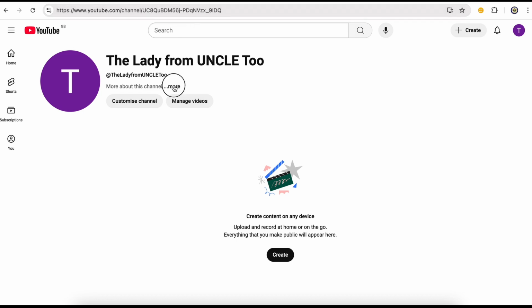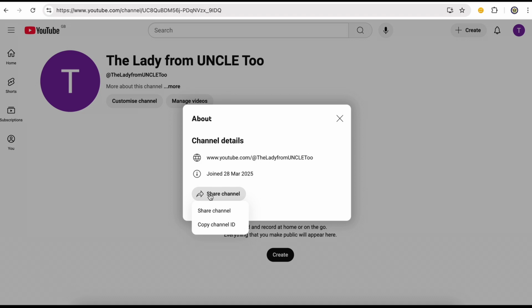You can also find it under the More section, where if you click on Share Channel and then copy channel ID. There we are. So that is how you create a YouTube brand account on a Google account that already